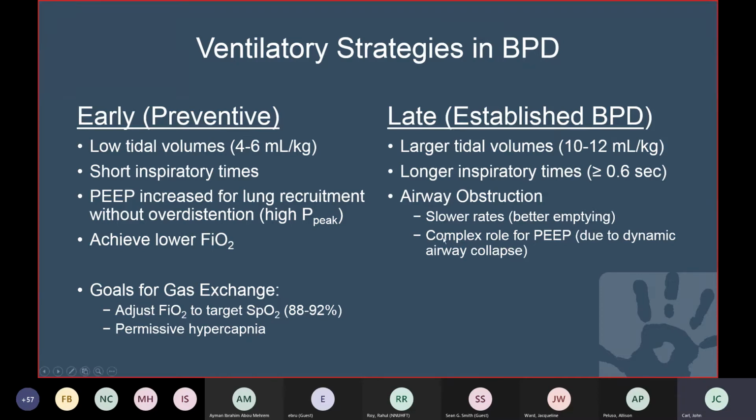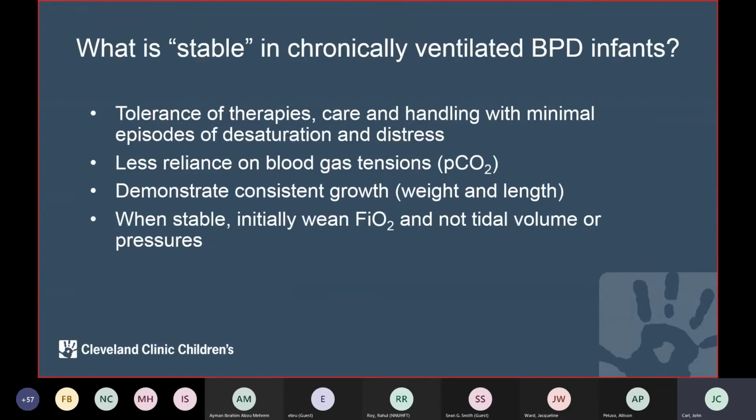And there's a complex role for PEEP due to the dynamic airway collapse. So this is a more complex issue in the later BPD. Again, the goals for the gas exchange are to adjust to lower FiO2 to target adequate saturations and allow for permissive hypercapnia. But I think where we have discussion points are that when we get referred and we have a